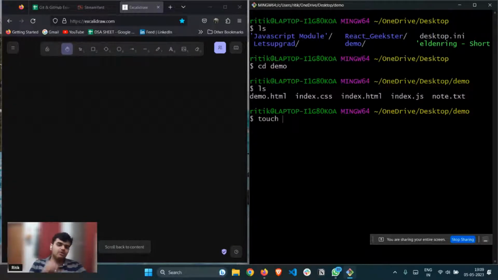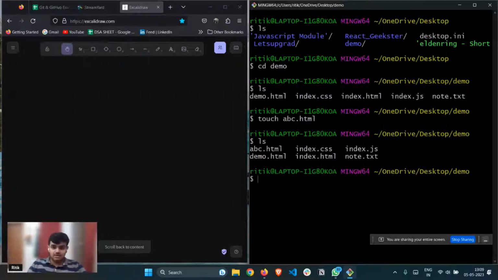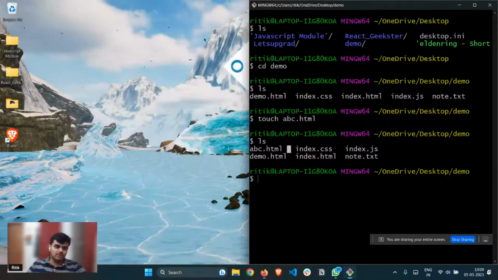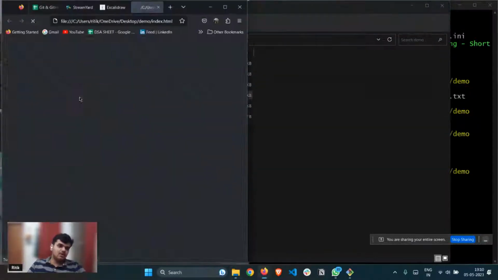Okay. So I'll just quickly do touch and the name of the file with the extension name. So let's suppose the name of the file is abc.html. As soon as I do that, this file has automatically been created, right? Now, if I do ls, I also have abc.html, right? If I were to go to my folder inside demo, now instead of index.html, I also